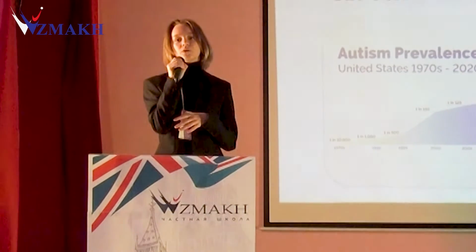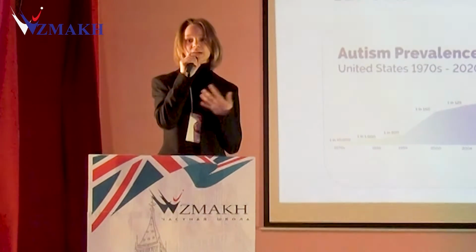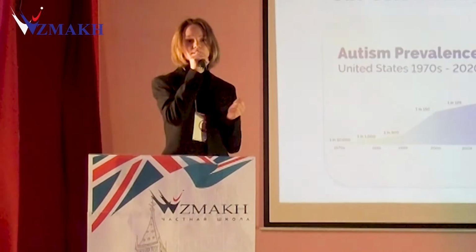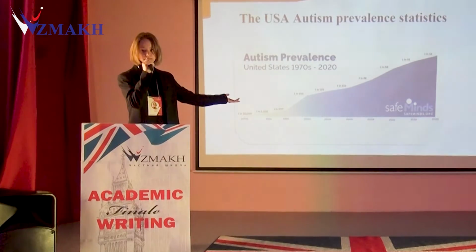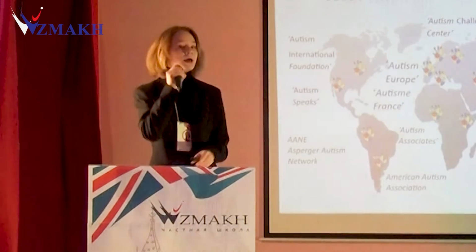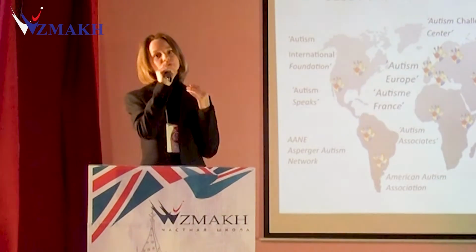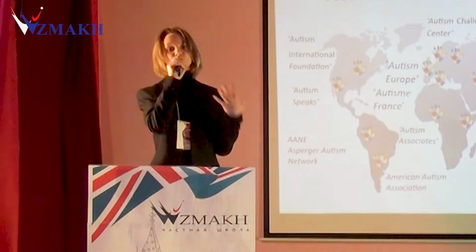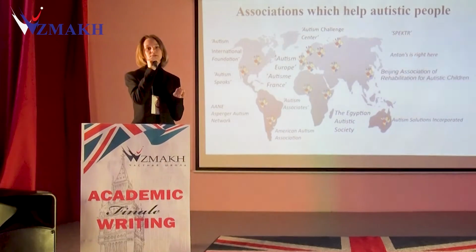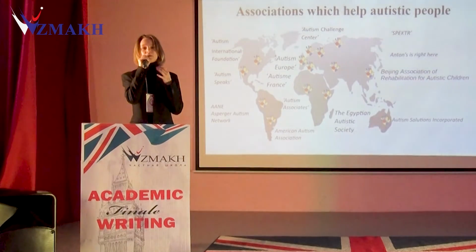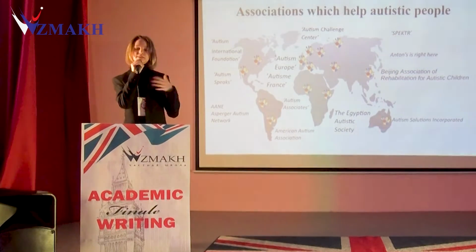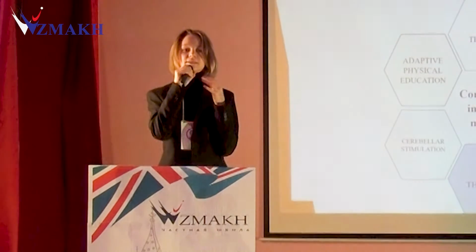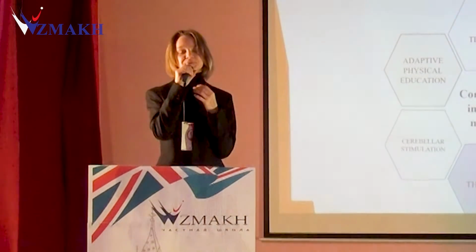So in order to show that the number of autistic people is actually growing, we decided to prove it with the latest decade USA statistics, which you can see in the slide. As the number of autistic people is growing, people start to create some associations and charity foundations which help autistic people. I tried to represent the most successful ones so you all can observe the awareness of the problem and readiness to help. Each organization and association tries to find the easiest way to help autistic people.